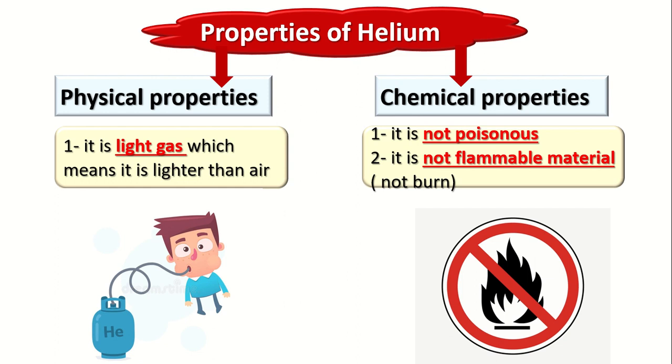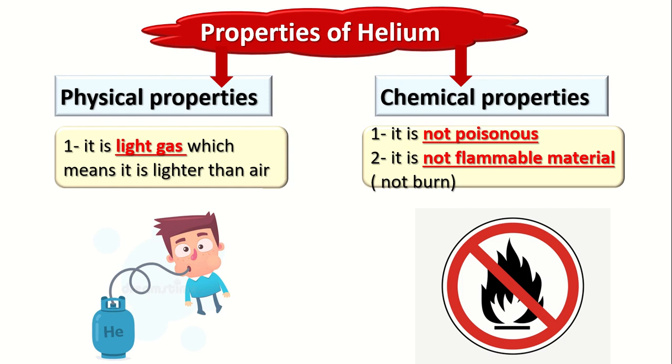Do you know the balloons which are filled with helium? Well, the balloons are going up all the time. Why is it moving up? Because the helium is lighter than the air. So the air is heavier than the helium. All the time, the heavy gas or the heavy thing is moving down, and the light gas or the light thing is moving up. So the air will move down and the helium will move up. Why? Because the helium is lighter than the air. So again, the helium is lighter than the air, and this is a physical property.